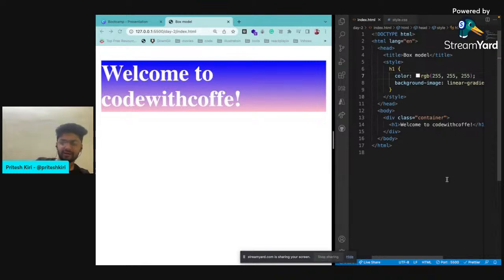Okay, so this is how you can write. Yeah, it does look a little good, right? It doesn't look that bad, but this is how you can add gradients to the background of any element that you have in the entire HTML document. Okay,